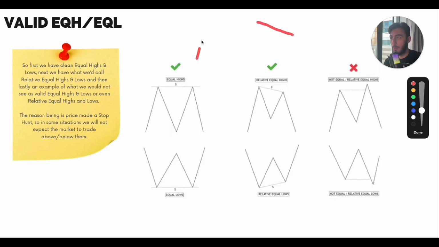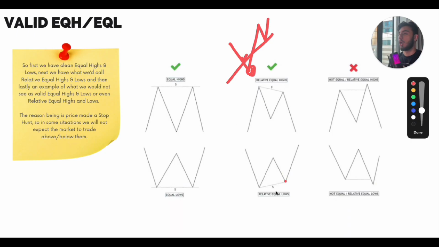Okay, but remember, if your line is like this, it is not an equal high, guys. This is not an equal high. Just be a little bit realistic. This is not an equal high. And in the equal low, the first mitigation should be lower than the second mitigation to make the line like this. Okay, I'm sorry, this should be mitigation.